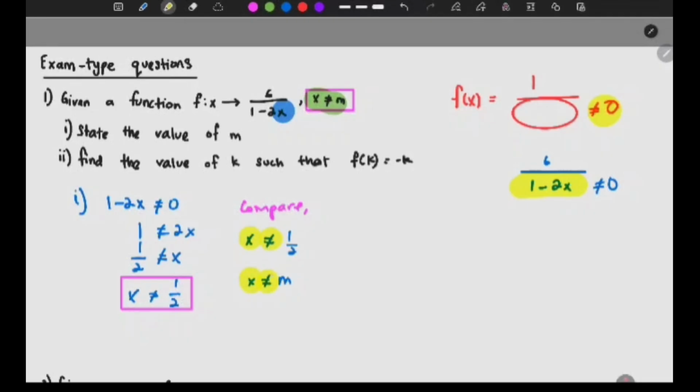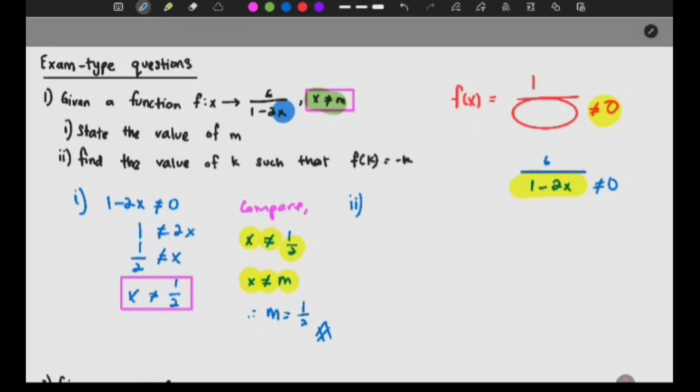That's it. Isn't this so easy? So I hope you guys can do this. Remember, the denominator of your fraction cannot be equal to 0. It's a condition. The reason why is because when your denominator is equal to 0, if you press your calculator,